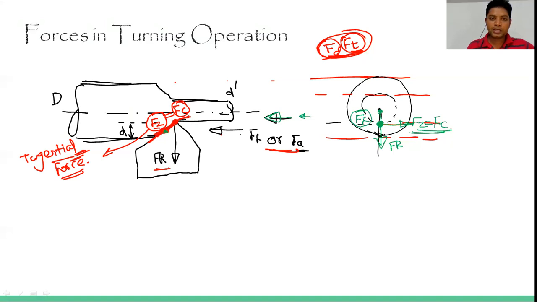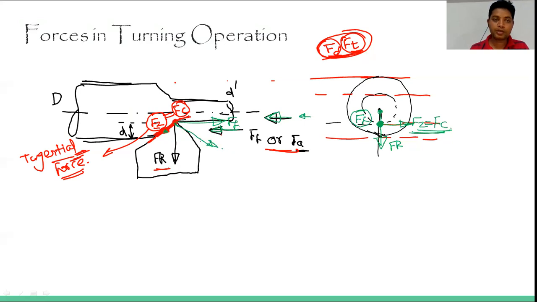If you see this figure, this is the feed force, this is Fr, and this is Fz, the tangential force. Now when this Ff is in this direction, because it is a vector quantity, I can manipulate it accordingly. Now Fz, which is coming out perpendicular to this, will look like this one.